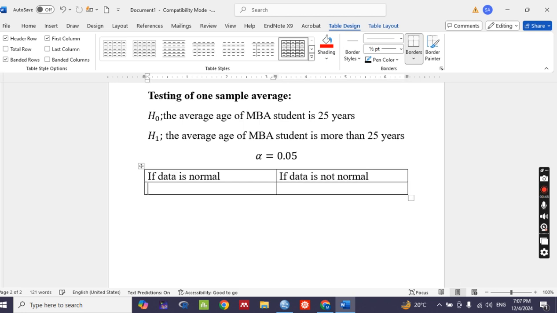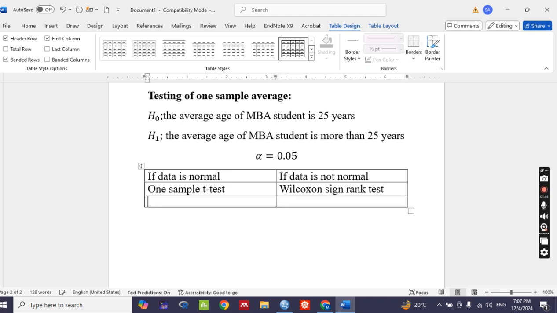If data is normal, we will go for one sample t-test, and if data is not normal, we will go for Wilcoxon sign rank test, and that is one sample Wilcoxon sign rank test. So that means I have to first check the data is normal or not,